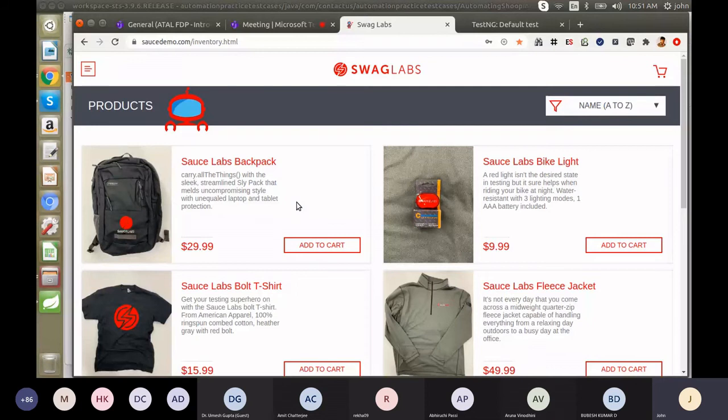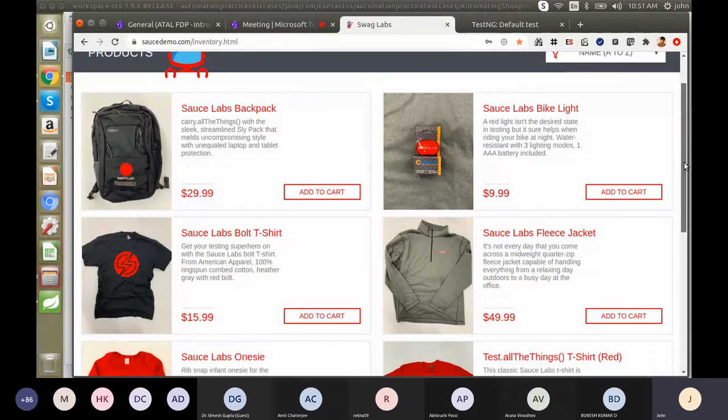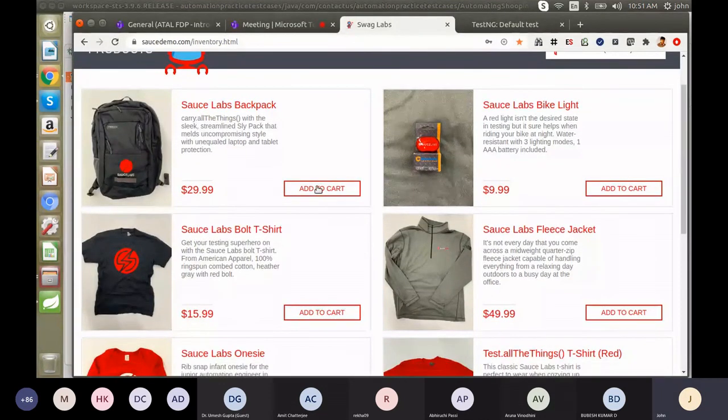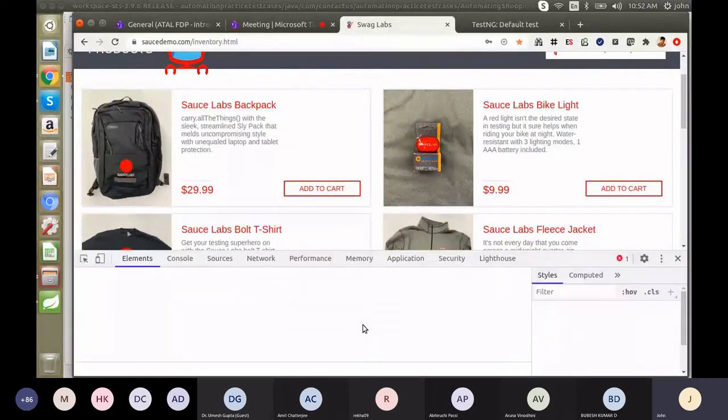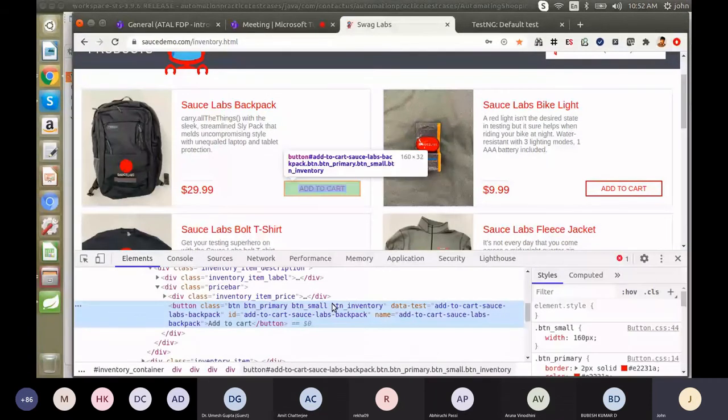Okay, here what we have to do. So we have to click the add to cart function. Okay. What you have to do, same thing only. It's not a difficult one. You have to click the inspect element, then you have to take the XPath. So you can see here the input type is button, and you can see the class. Okay, so let me copy this class name and